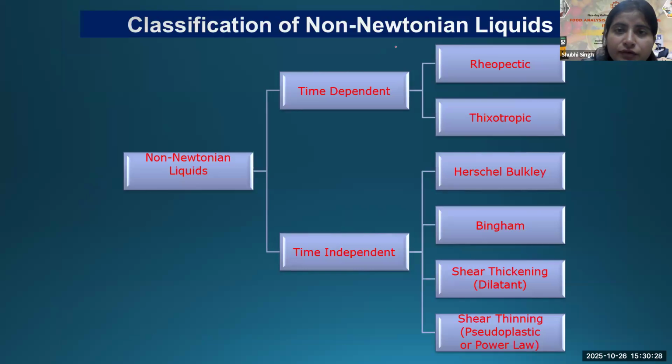So classification of non-Newtonian liquids. In this slide, we can see the classification of non-Newtonian liquids. Non-Newtonian liquids are of two types: time dependent and time independent. Time dependent, we have seen rheopectic and thixotropic, but there are certain time independent liquids also, such as Herschel-Bulkley liquid, Bingham liquid, shear thinning, or the pseudoplastic liquids. Okay,